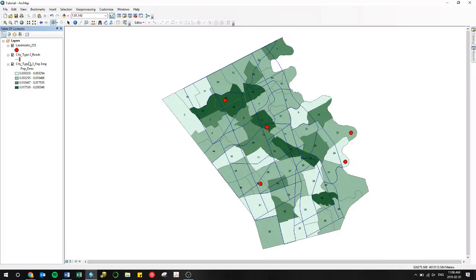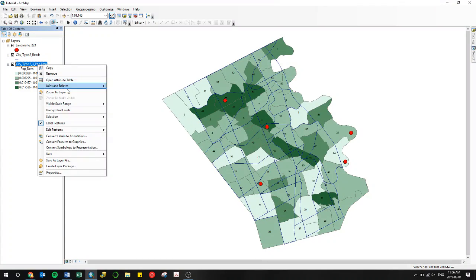So we are going to go into our population and employment polygons. This is kind of like our base map. And we are going to go under joins and relates. For you guys, don't use relates. Use joins, just because you can see what's going on. Relates are a little bit more passive. They make relationships between data, but for you, you want to join or add new data, like your CSV data, onto your polygon layer. So we're going to do join,